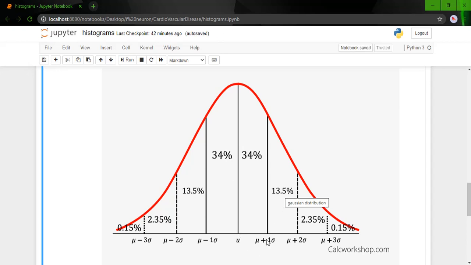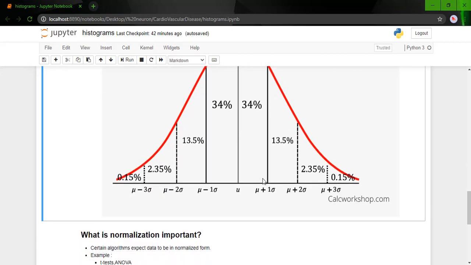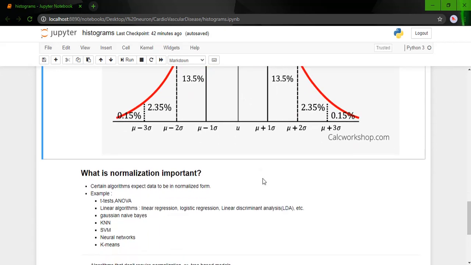So at a distance of per standard deviation from the mean, like 1 standard deviation, 2 standard deviations from the mean, these should be the percentage of values that fall under this particular count. Suppose 34% of data should fall between mu and mu plus 1 sigma. So this gives us a very nice approximation of how your data is distributed, and this is how your data should be looking. If your data is not normally distributed, it is suggested that you convert it to normally distributed.